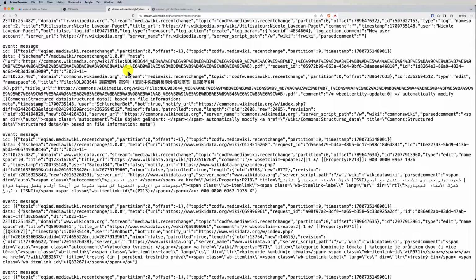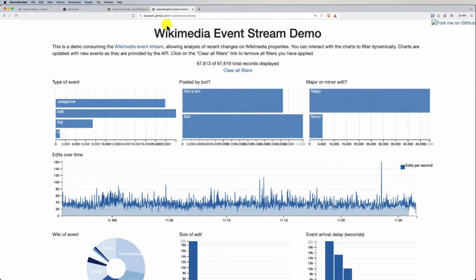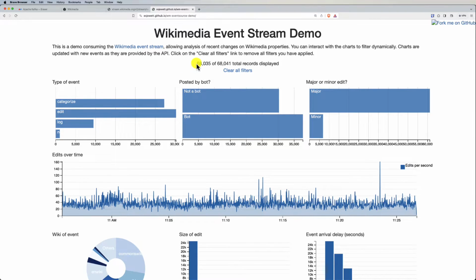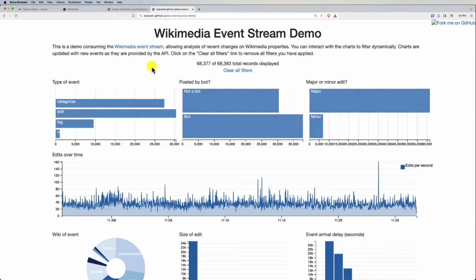So just to give you an idea about the stream and the size of the stream that we will receive from these endpoint. So there is an open project. I will also leave you the link in the description of this video where you can see an overview. So here we see that we have a stream of 68,000 and it's still growing. So this is a huge stream. And in order to be able to process that, we need also a really strong and scalable and powerful message broker like Apache Kafka.